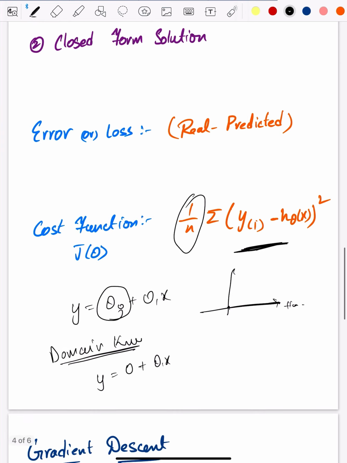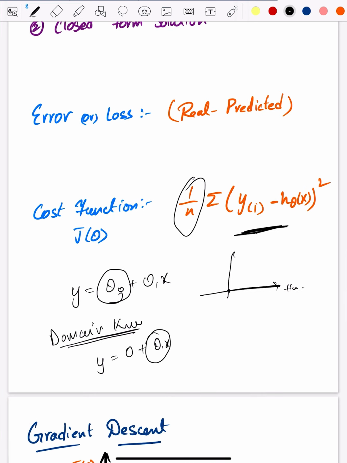This is our equation as of now. But now we are using the iterative approach. First we will be assigning some random values to this weight. Theta 1 is equal to, for instance, let's say 5. We'll just give a random value. Then we'll see the error between the original point and the predicted point, and we'll try to decrease this error.